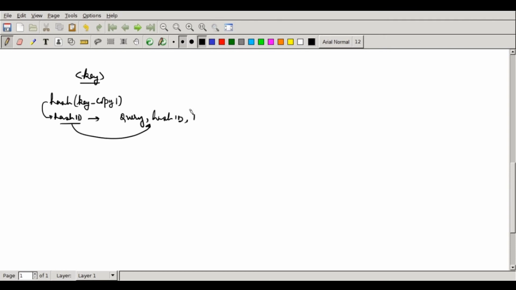And then he will say, this is the key which I am searching for. So it will actually go to the root node 1. This will terminate there, and the key value pair is stored there. And it will find it, and the key value pair will be sent back.